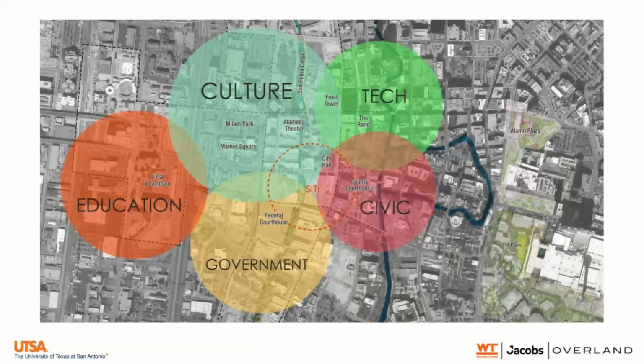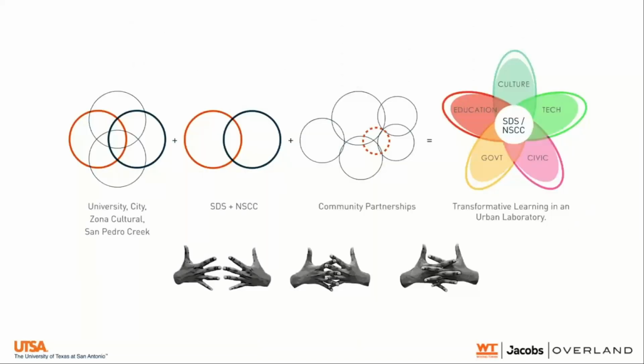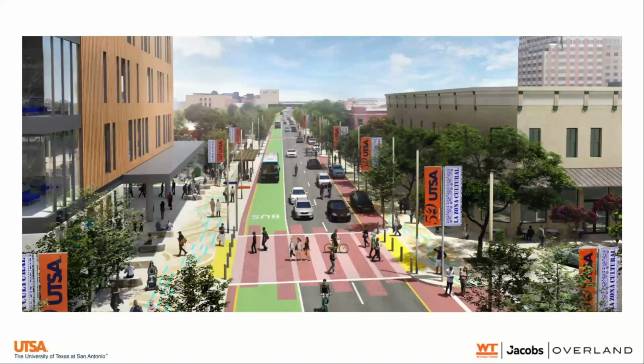There is also a tech corridor, and then right in the heart of everything is Zona Cultural and San Pedro Creek that's adjacent to the property. And all that really intersects right on this property, and how that really works and collaborates was an important part of how that design evolved, and how we were able to communicate that as the jumping off point for this